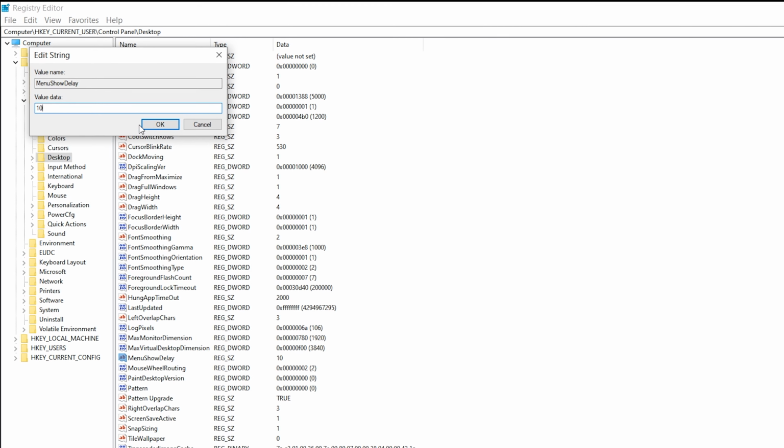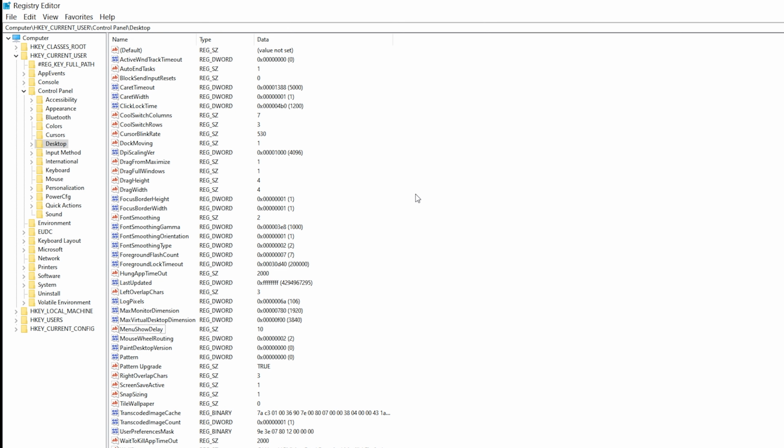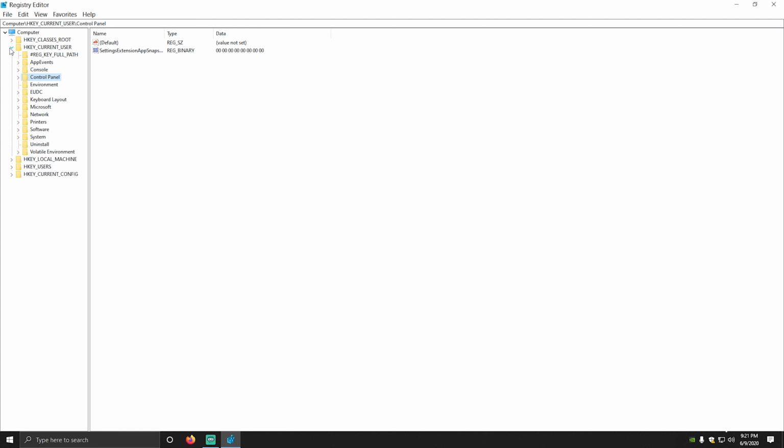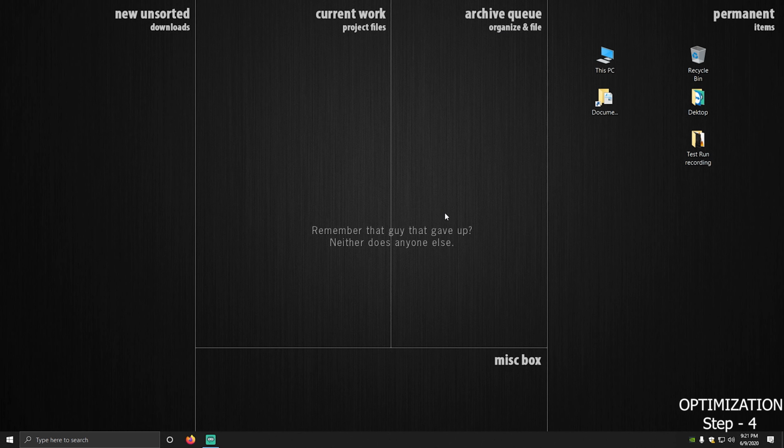So what it basically means is that if you're clicking onto any menu or anything of that sort, this is going to take that much of time to just do that for you. So this is going to basically enhance the overall speed of your opening and closing of your menus and things like that. So this is pretty much done. You can just close it from here. This is optimized, and yeah, we can now move on to the next part of the optimization, which is advanced